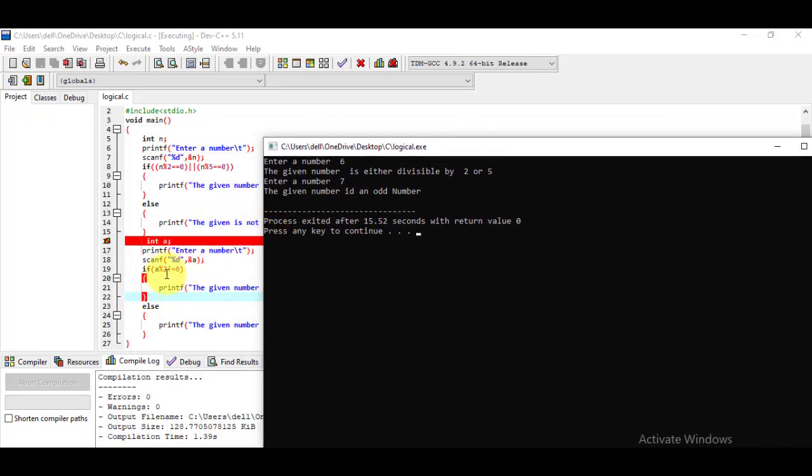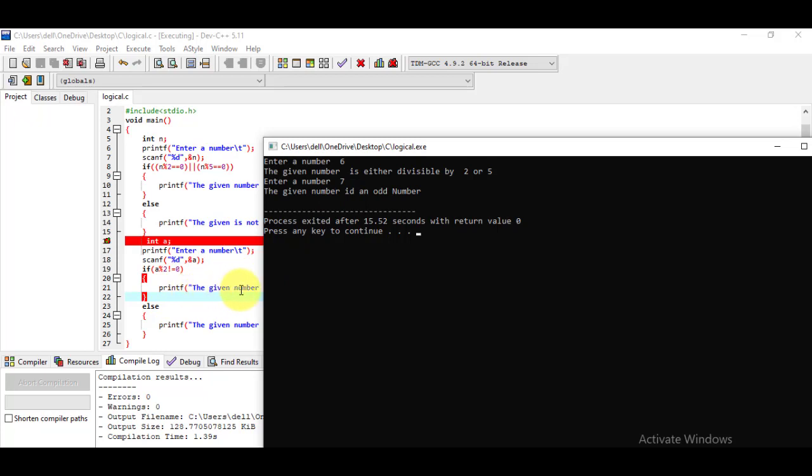So the condition is true in this case. Okay, so this is the logical NOT operator, meaning if we divide a by 2 and the remainder is not equal to 0, the condition is true, because when we divide 7 by 2 the remainder is not equal to 0.